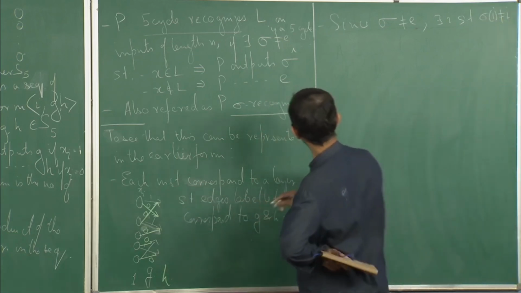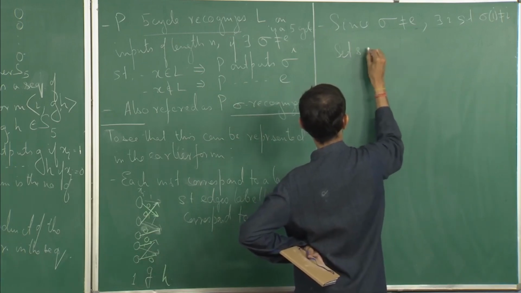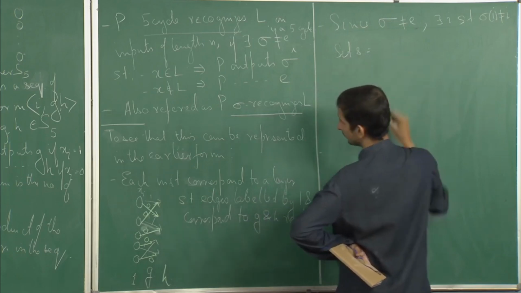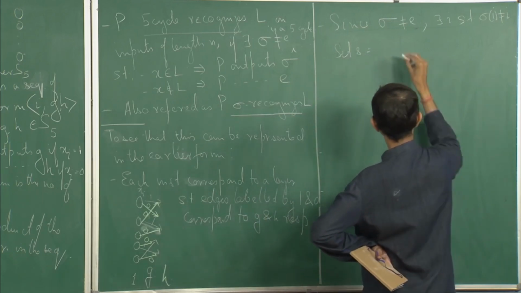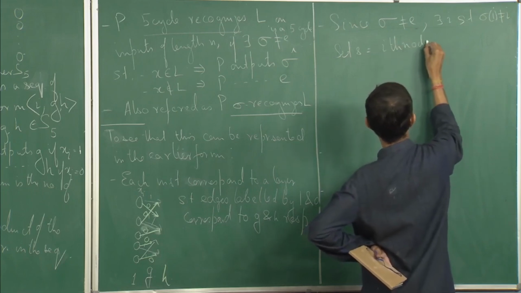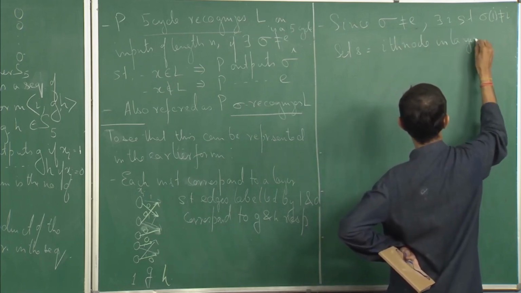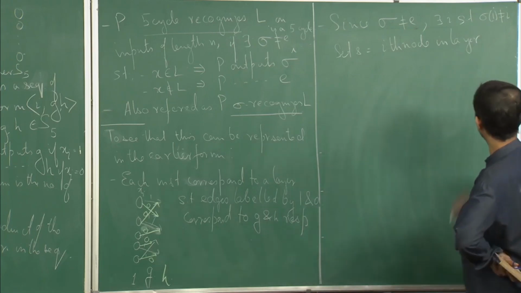So, for the start node, we choose set S to be equal to the ith node in layer 1,